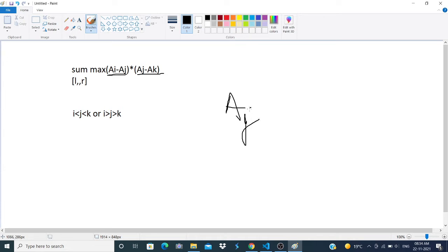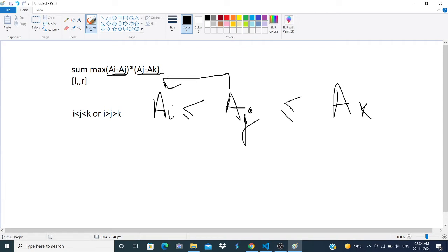If aj is over here, ai is over here, and ak is over here, then aj minus ai gives this difference, and aj minus ak... okay, no, we don't want to do it like this.